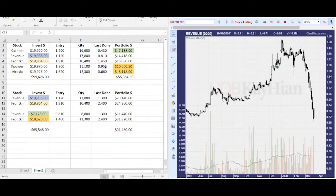So the total amount invested in these 5 stocks, you have got 99,600 ringgit, very close to 100,000, and your portfolio is down to only 55,300 ringgit. Suffering a near, I think, 40% loss. So what can you do in this situation? Instead of just hanging on to the portfolio and not doing anything at all, you can consider to